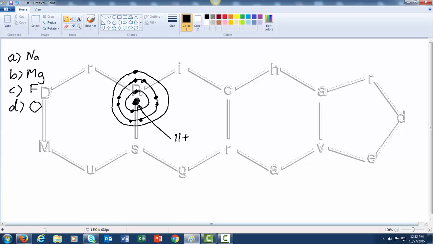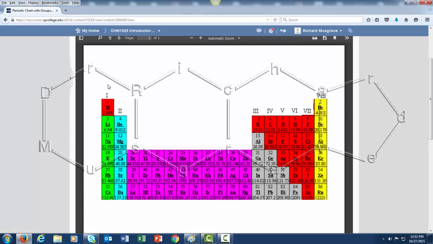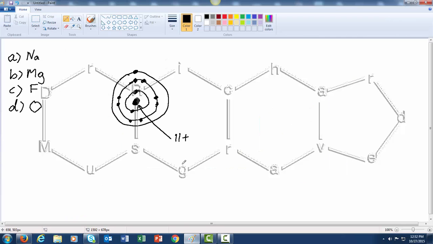And this was predicted from this periodic chart here, which said that we're going to have one valence electron because sodium is in group 1. In order to become stable or form a stable ion, it is going to want to either lose one electron, and that will give us a full outer shell here, or it could gain 7 electrons, but it's much more likely just to lose one electron. If this electron is lost, we will be left with an ion. Presently we have 11 electrons, but if we take that electron away,